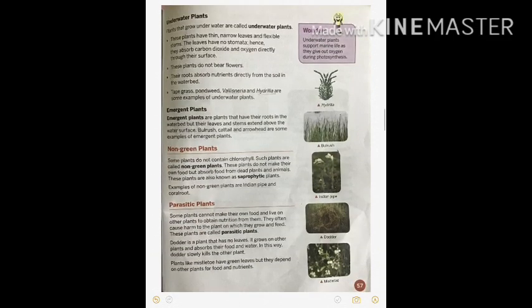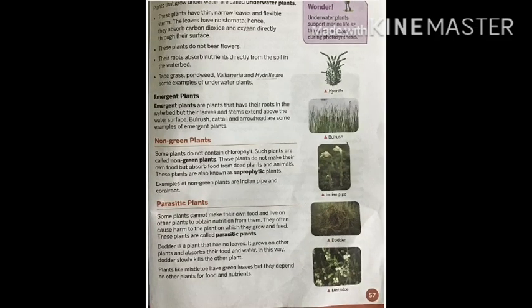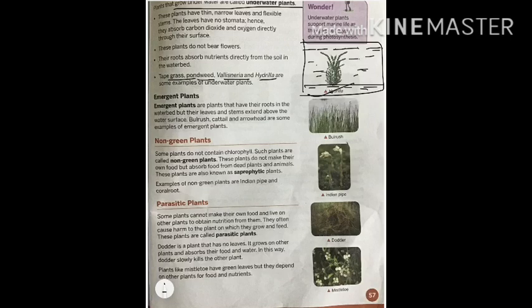Underwater plants. Now underwater plants are the plants that grow under the water. These plants also have certain features which help them to adapt to live in this environment. First we'll look at the examples: tape grass, pondweed, Vallisneria, hydrilla. One example is given in your reader here, hydrilla. You can look at the plant, how it appears. It is under the water, means they are on the soil bed here, and the water is over them. They are not visible on the top.